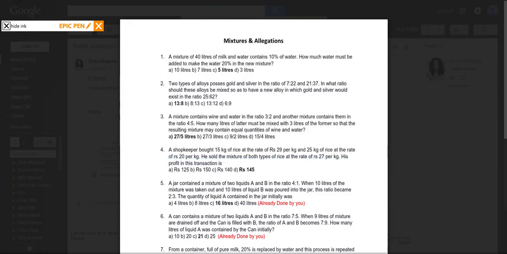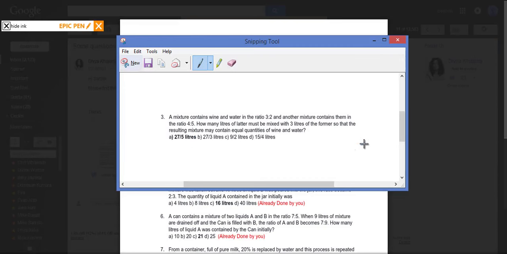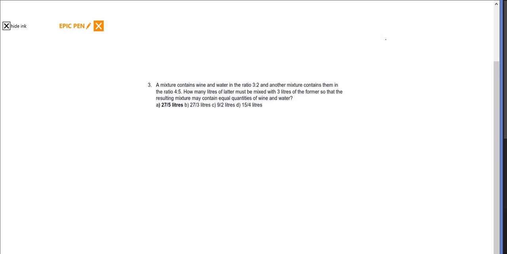Now let's go to question number 3. A mixture contains wine and water in the ratio 3 is to 2. Another mixture contains the ratio 4 is to 5. How many liters of latter must be added with 3 liters of a former so that the resulting mixture may contain equal quantities of wine and water? So the first one contains 3